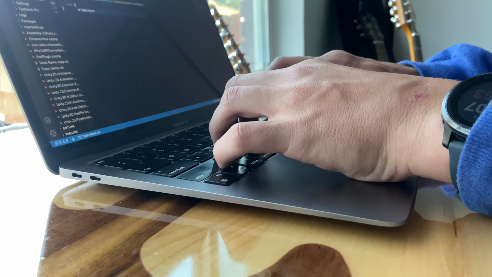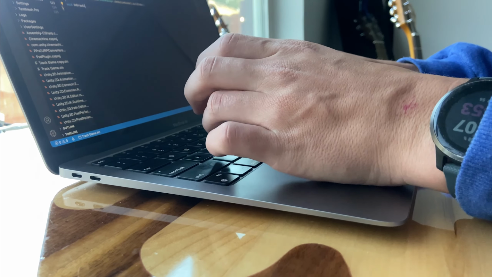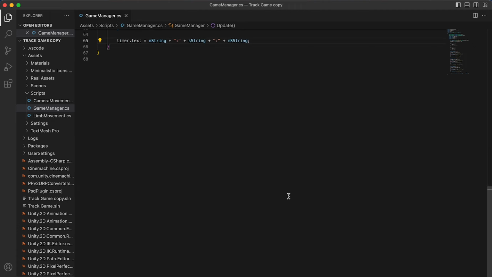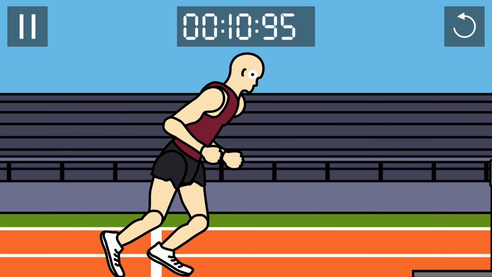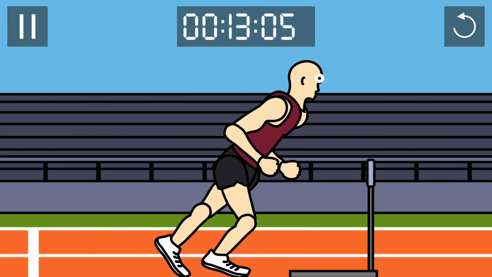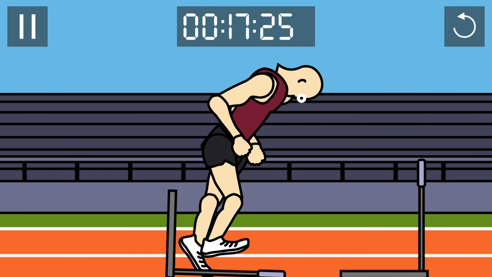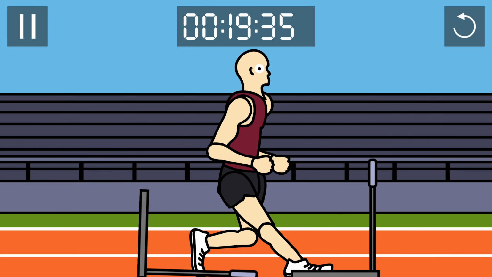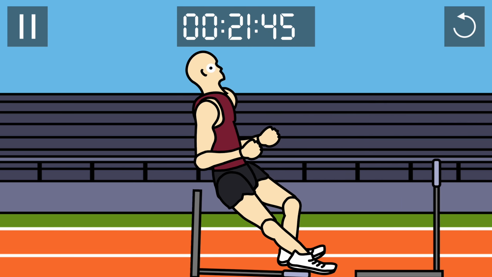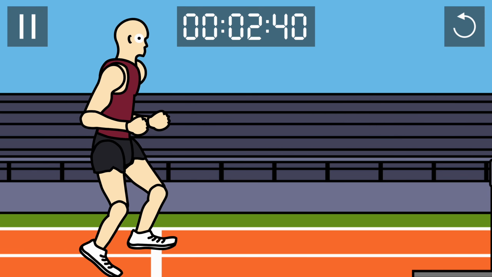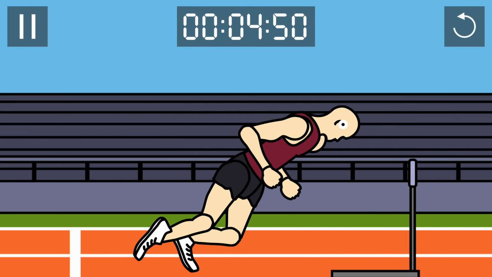This script was going to control all of the UI and menu stuff. First in that list of menu stuff was getting the timer at the top of the screen actually working. This was harder than I thought it was going to be. I wanted to make sure it kept with the 7 segment look and make sure that all the blank spaces were filled with zeros. I'm sure that there's an easy way to do this, but I definitely didn't do it that way. But oh well, it works, and that's what really matters.